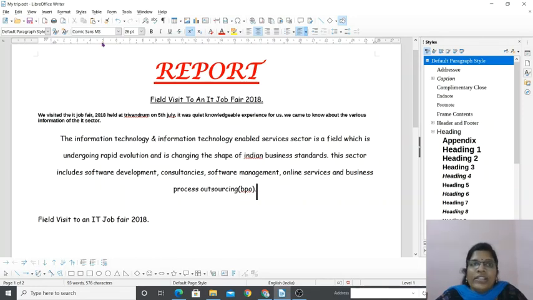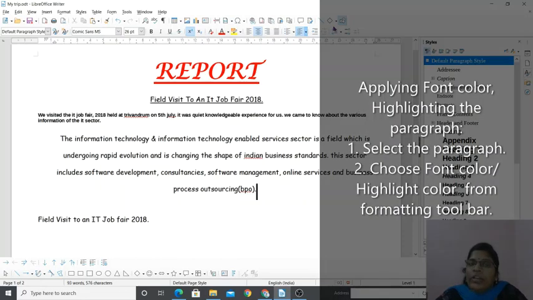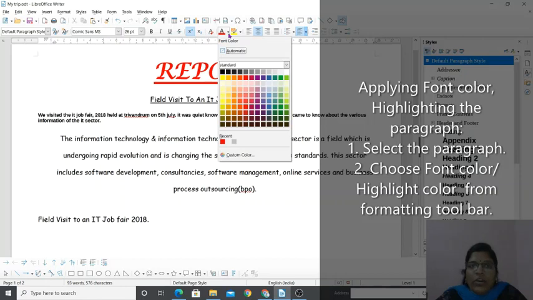Go to the formatting toolbar. If you don't know which button is for font color or highlighting color, background color, you can just keep the cursor over it and check. See, when I keep the cursor over here, it says font color red. If you want to change it, click on the arrow mark and choose whatever color you need.